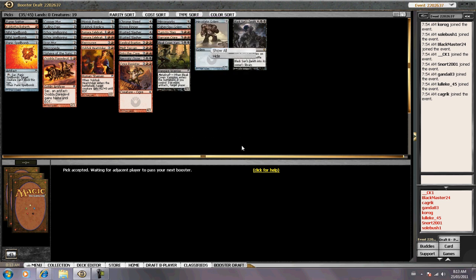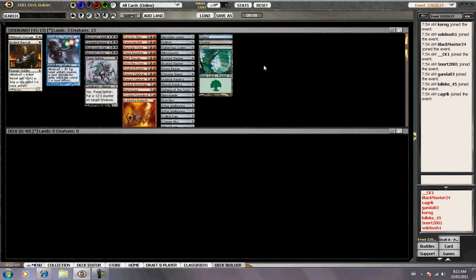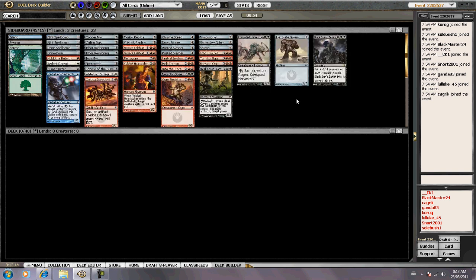Because this should really be a pretty good Furnace Celebration deck, and I think the Mirror Works actually got quite solid for the late game. And I have 2 sweepers. I think I like this deck all of a sudden. Even Corrupted Harvester could be a decent finisher, especially when you have 2 Furnace Celebrations. I don't know if I have enough fodder creatures, but